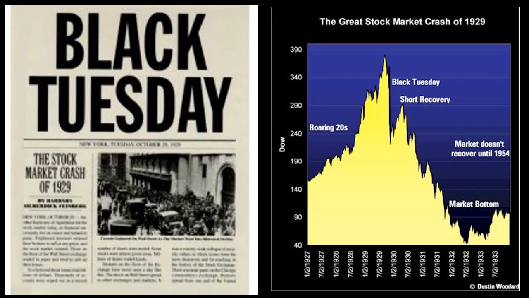On October 29th, Black Tuesday, the bottom fell out of the market and the nation's confidence. Shareholders frantically tried to sell before prices plunged even lower. The number of shares dumped that day was a record 16.4 million. Additional millions of shares could not find buyers. People who had bought stocks on credit were stuck with huge debts while prices plummeted, while others lost their savings. The stock market crash signaled the beginning of the Great Depression.